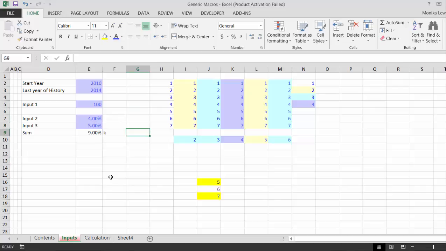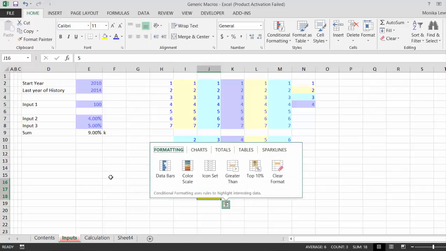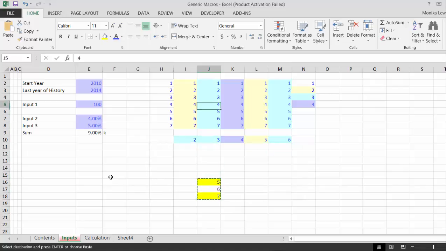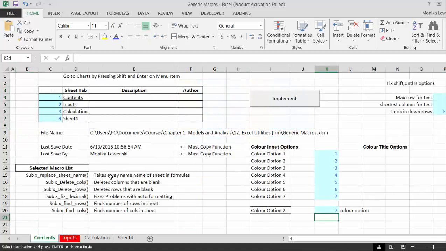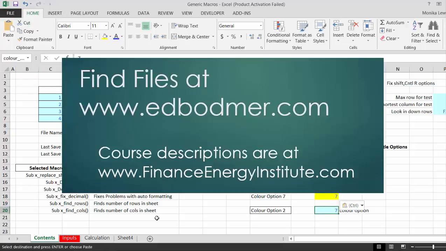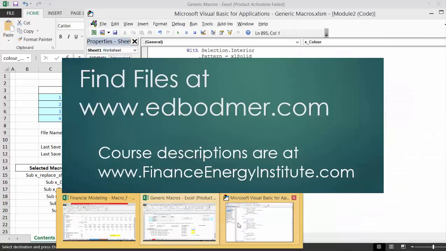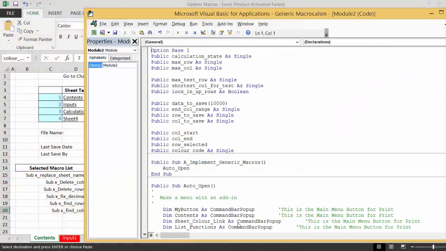Now, I made a couple of other colors here. When you implement this in the macro, I've got the following color options. So these are now all the color options. I'm working on the generic macros as I talk. Now, these color options have a range name. It's called color option. Okay, and if you go to the generic macros, go all the way up to the top,